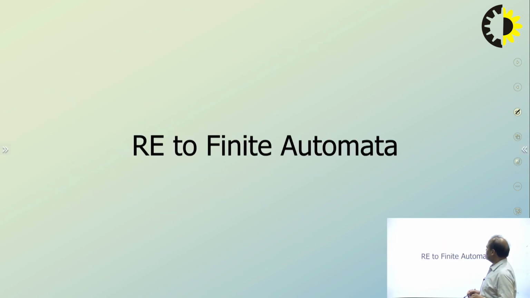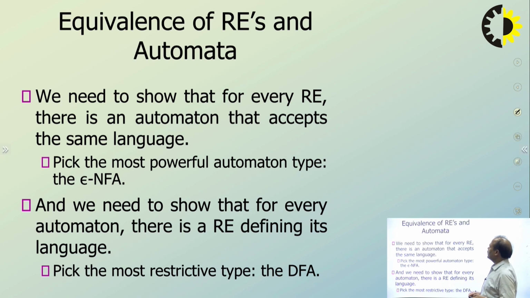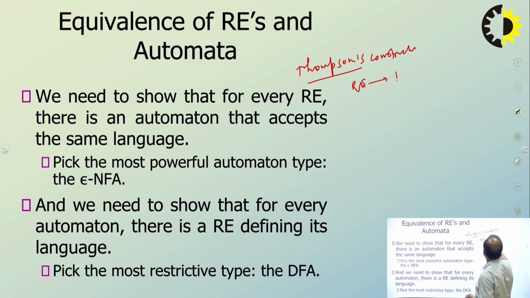So next is how to convert regular expressions to finite automata. We have many methods. The first one is Thompson's construction. This is a very old method. In this construction, generally we are not getting a DFA or an NFA, we are getting an NFA with epsilon moves. This Thompson construction from regular expression to finite automata is generating an NFA with epsilon moves.